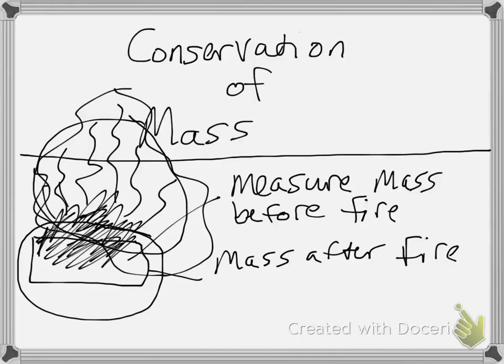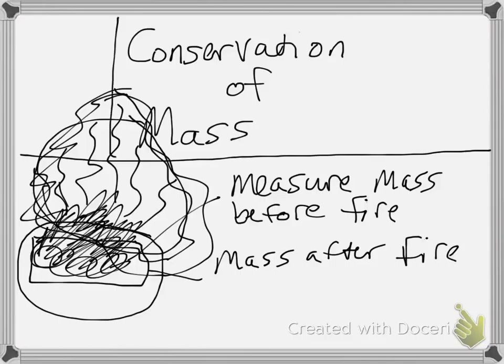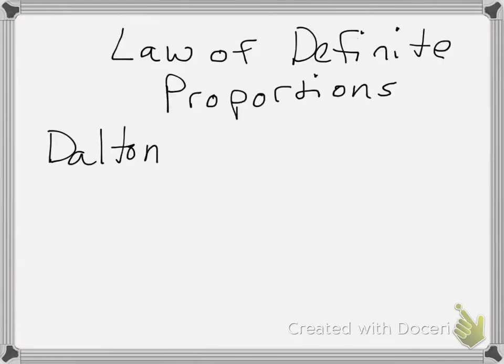They could take a known amount of air and react it with a log and set it on fire. And then they could measure the mass of the log afterward and measure the mass of the particles in the air around the log. And then what they found was that, yes, indeed, mass is conserved. If I take the total mass of my log before and all of the air before, and then I take the mass of my ashes and the mass of my smoke and add those together, then I get the same thing. And so the mass before the combustion reaction is indeed the same as the mass after the log combustion. And that led to the conservation of mass, the idea that mass can neither be created nor destroyed.